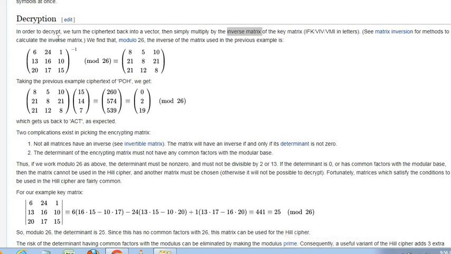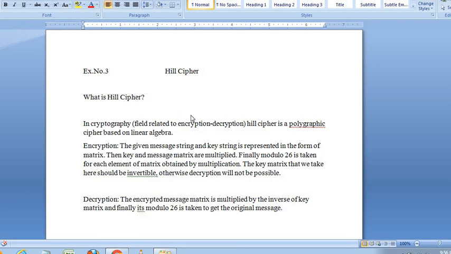So we will move to the coding. The Hill cipher, as I previously told, is a polygraphic substitution cipher. It purely uses linear algebra: matrix multiplications and inverse matrix multiplications, and the value we get is divided by 26, and the remainder value is taken as the plain text or ciphertext. This is what encryption and decryption tell.